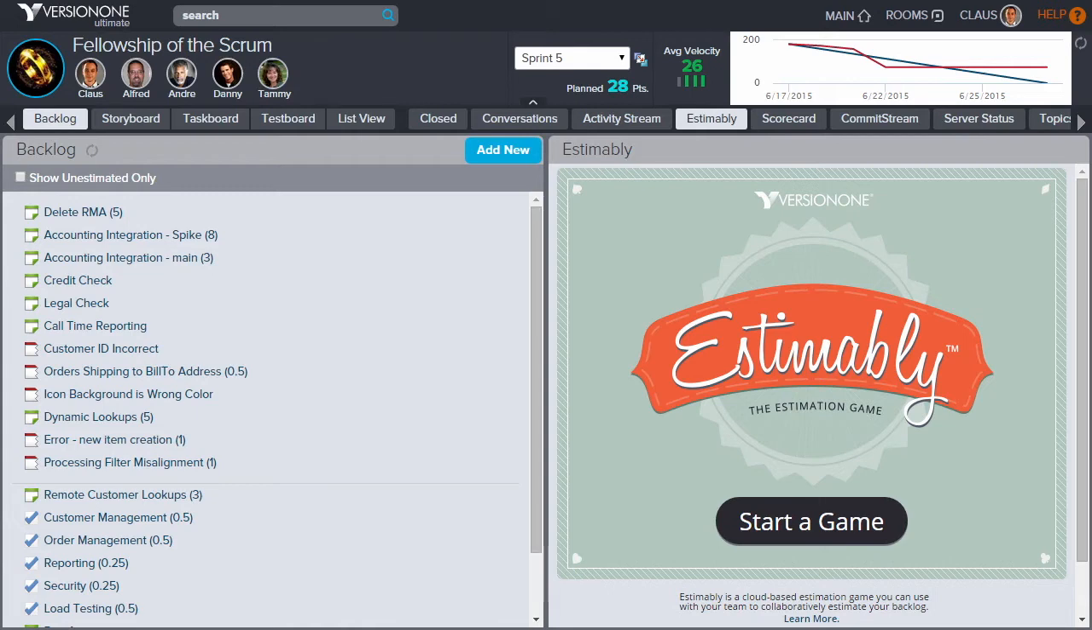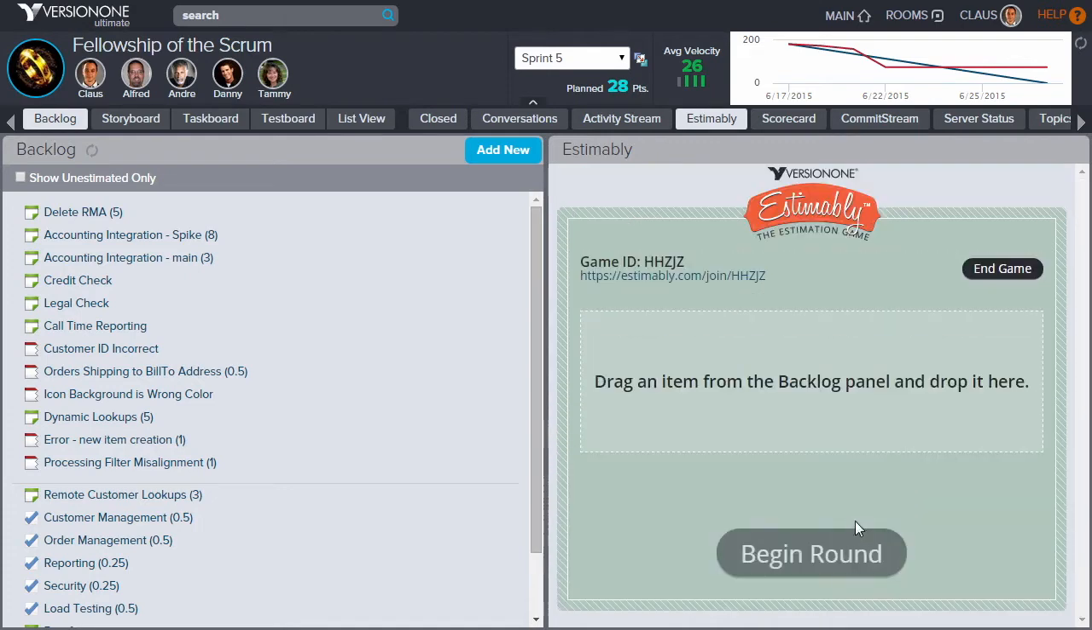I've brought up the team room where I have a panel that shows me the team's backlog over on the left side, as well as the Estimably panel over on the right. To start a new game, simply click on the button where the application connects to the Estimably server and returns a URL and a game ID that all of the participants, my teammates, are going to use to join the game. An easy thing to do here for me just to grab that whole URL,